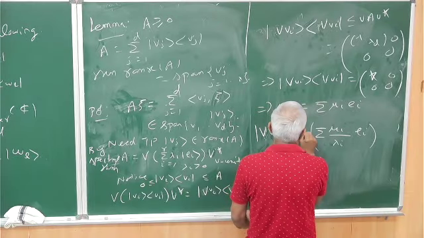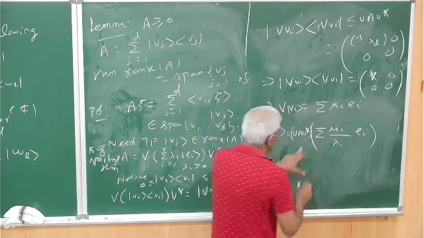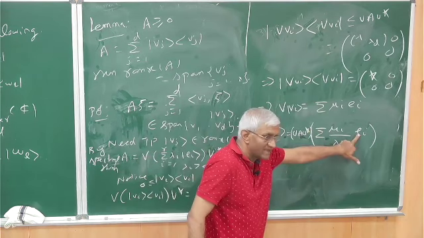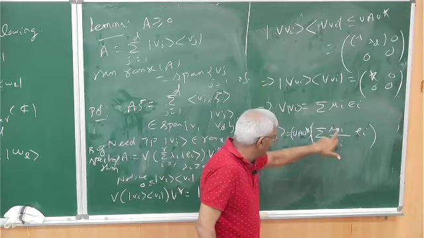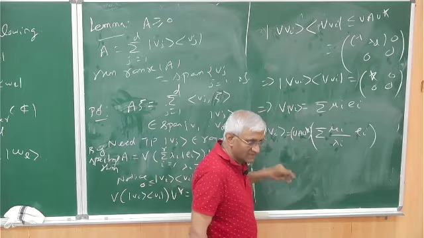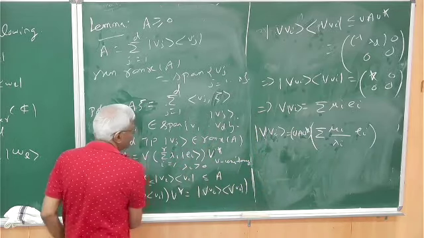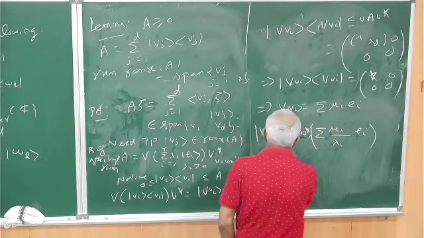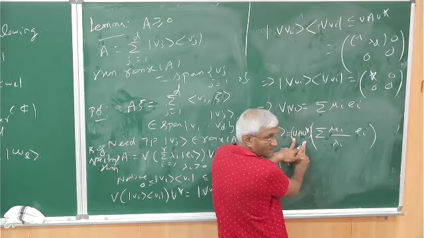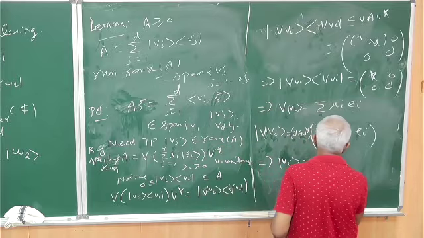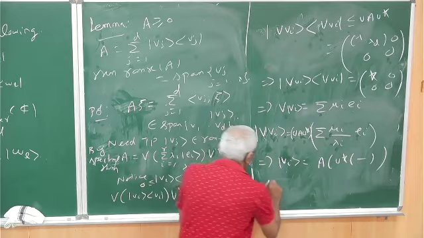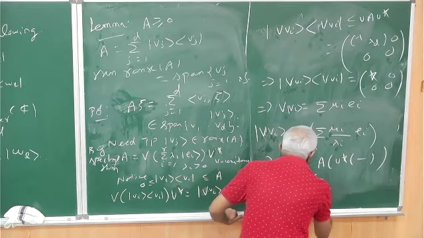UAU star of this. That is, the diagonal is. UAU star acts as lambda i on this ei. So that lambda i will cancel. You will get only mu i. Summation mu i is this. Okay, because of this, it looks like this. Okay. So this implies Vi equal to U star of this. So if you take U star of this, A of U star of whatever we have, something. So A of something. Okay. So this implies Vi is in the range of